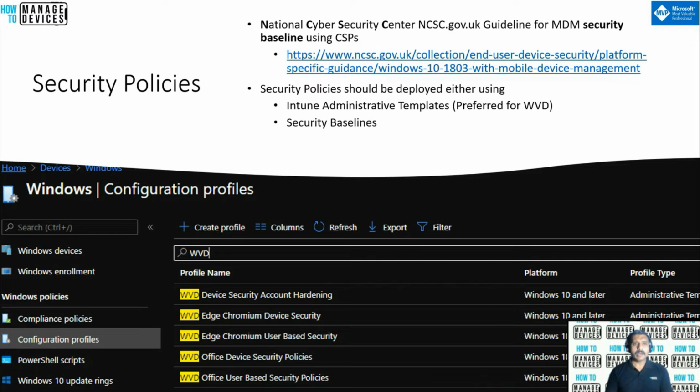Now let's check how to deploy security policies in the WVD modern management world with Intune. I have seen organizations follow the CIS benchmark to secure Windows desktop and laptop devices. However, Windows 10 CSPs change the way of applying security policies. It is a modern way of securing the devices with